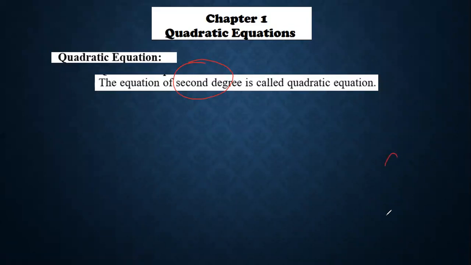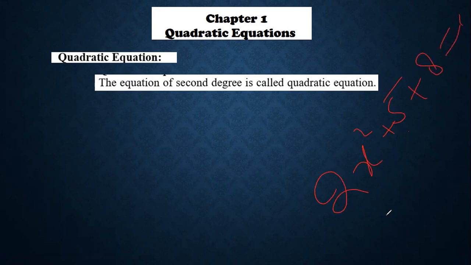What is degree? For x square plus 4x is equal to 0, the highest power is known as degree. Here the powers are 1 and 2, so the highest power is the degree. Here the highest power is 2, so this is a quadratic equation. An equation of degree 2 is called quadratic equation. Repeat it. For example, 2x square plus 5x plus 8 is equal to 0. The highest power is 2 here, so this is a quadratic equation. Got it? Okay.